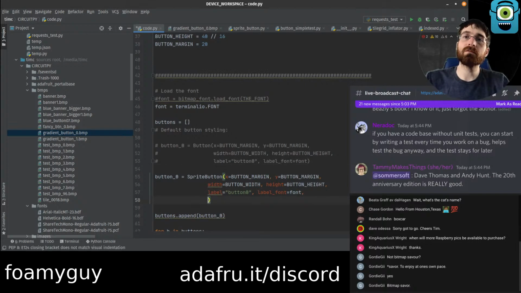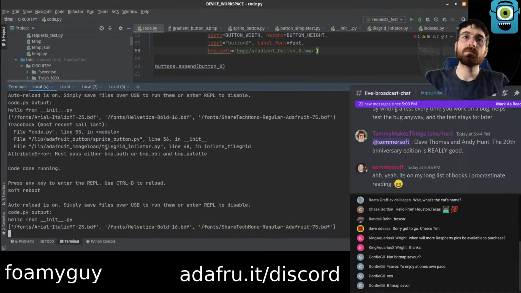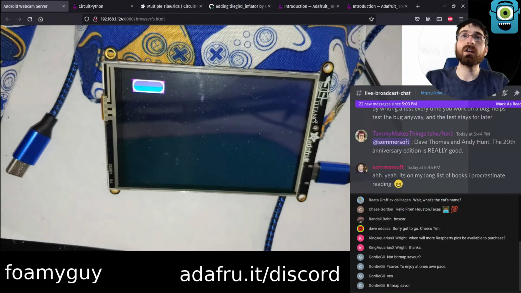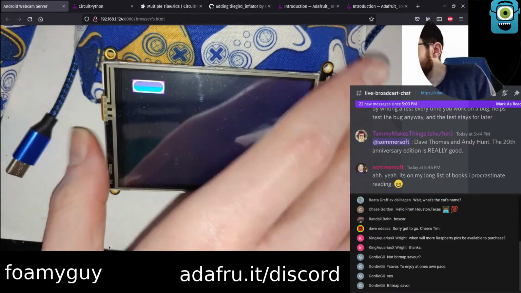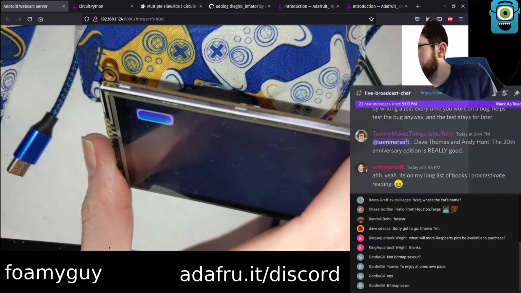We still have not actually passed BMP path. All right, there we go. Did not crash. We have our button. It's very small.